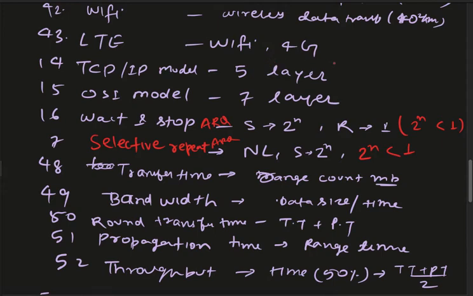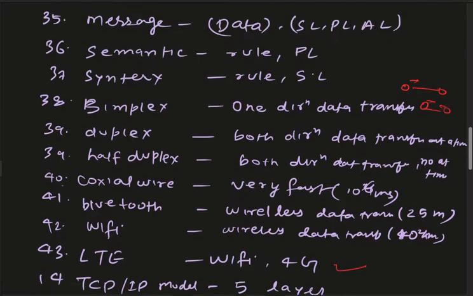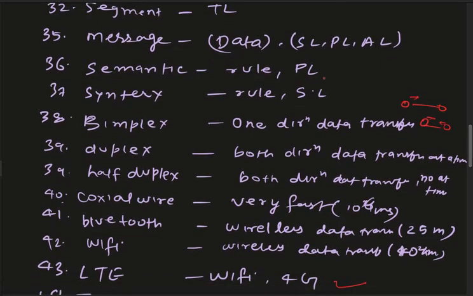कभी कभी आप मोबाइल्स में देख सकते हैं LTE, जियो LTE, दिस इज ए वेरी फेमस, ओके। तो दिस इज ए वेरी इंपॉर्टेंट पार्ट, ठीक है। इसी में हमें पढ़ना है, TT मीन्स डेटा साइज बटा बैंडविड्थ, प्रोपागेशन टाइम भी पढ़ना है, वेलोसिटी, ठीक है। डेटा साइज या लेंथ मतलब वेलोसिटी, RTT मतलब टोटल टाइम, फिर थ्रूपुट, ये तीनों पढ़ना है। हाफ डुप्लेक्स भी पढ़ना है, ये तो इजी पे था।